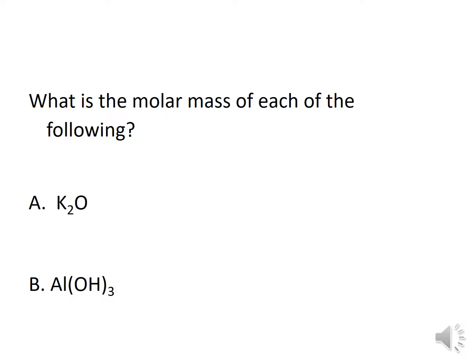Practice doing molar masses. K2O, we need to take 2 times potassium's molar mass of 39.1 plus 1 times oxygen's molar mass of 16. In letter B, we have 1 aluminum atom, so we look up aluminum on the periodic table. We have 3 oxygens and 3 hydrogens. When you add up all those atomic masses off the periodic table,